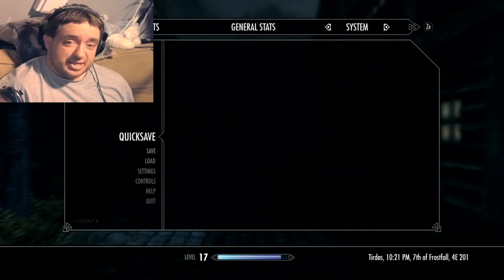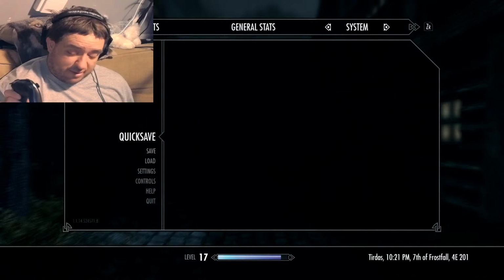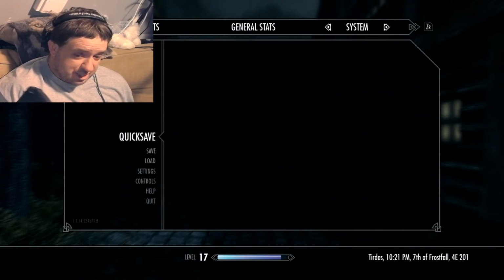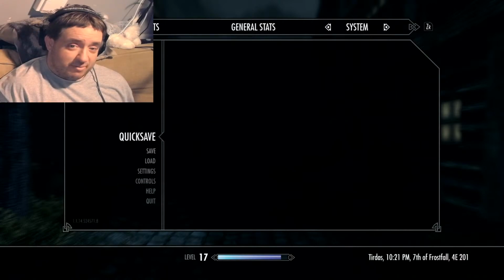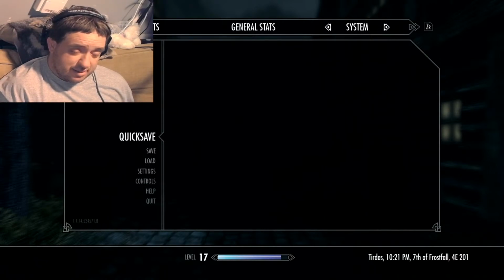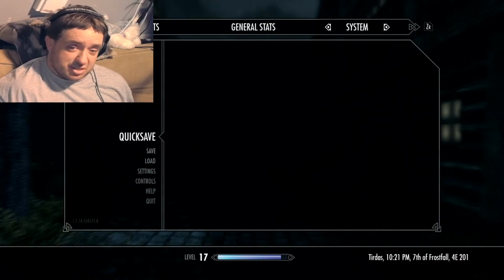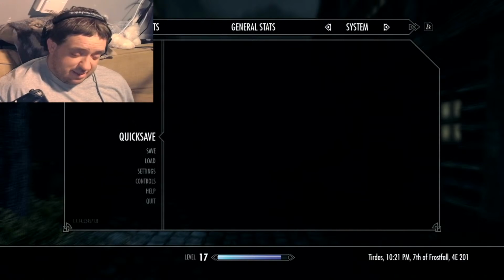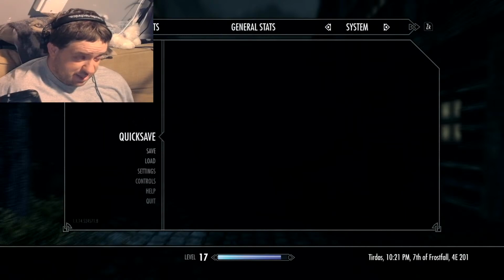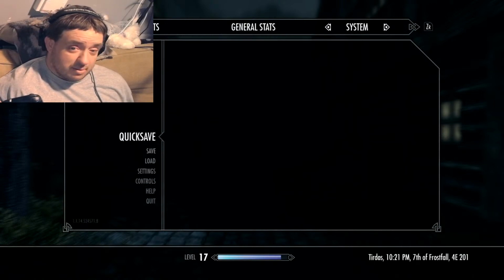And hopefully we can beat this. I really want to beat it, but I'm not holding my breath because it might crash again. If it crashes one more time, just one more time, that's enough of a red flag to me to say that something is eternally wrong. Games crash, it's what they do. It's a line of code and all these things going on. It happens. But if it does it again, if it just crashes like it did before, that's enough of a red flag to tell me something is wrong.